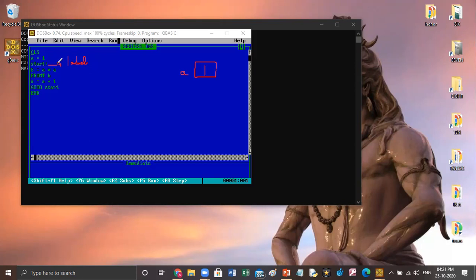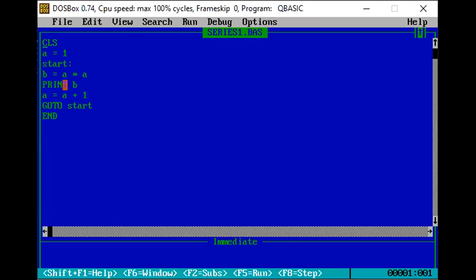Start label, here we have mentioned a label. Then B is equal to A multiplied by A. Here initially the value of A is 1. So here B is equal to A multiplied by A and the starting value of A is equal to 1.